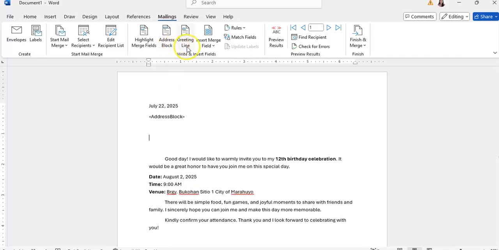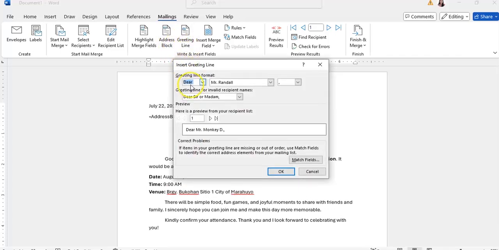Let's put greeting line. Over here, you can edit the greeting line. You can use dear or to or none. Pero para sa akin, I will be editing this one. My friend, and then space.